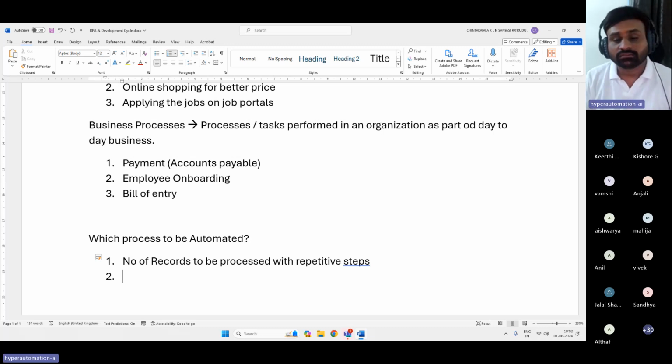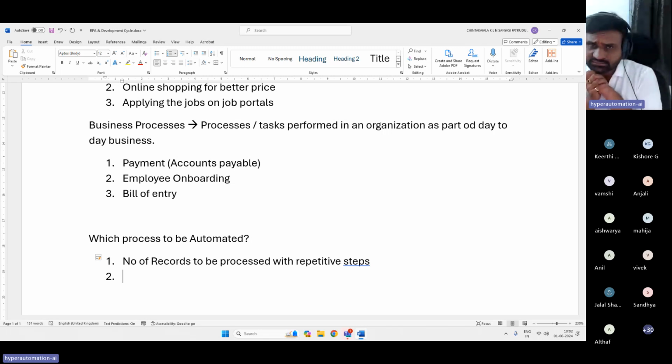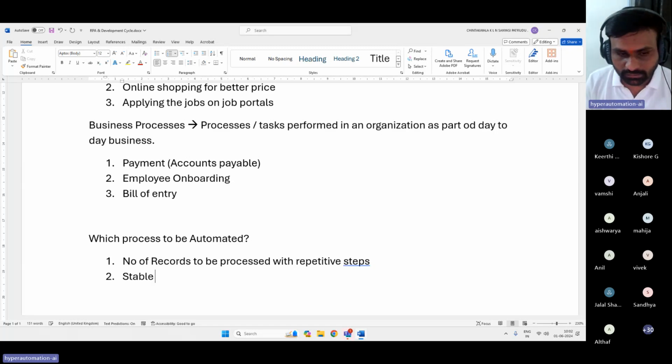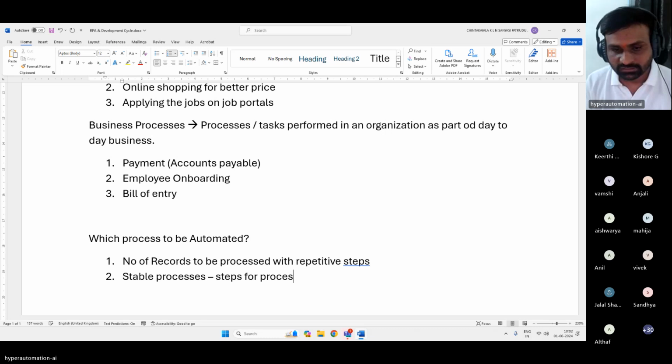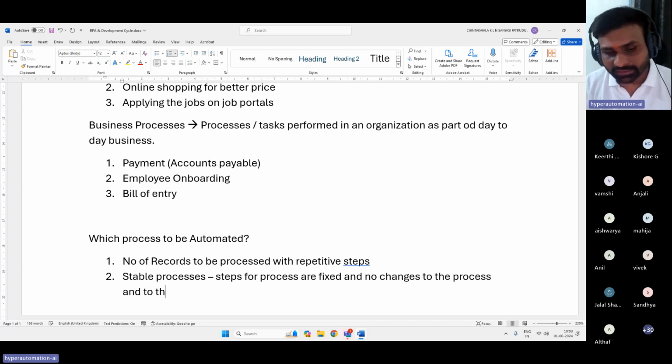Perfect. And what is the next point? Any other point? Stable processes, which means the steps for the process are fixed and there are no changes to the process and to the applications as well.